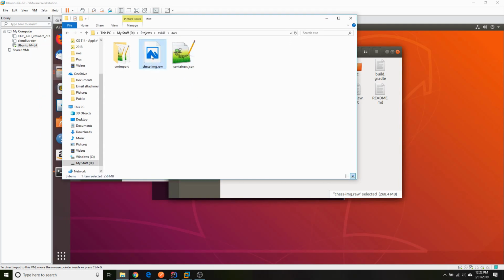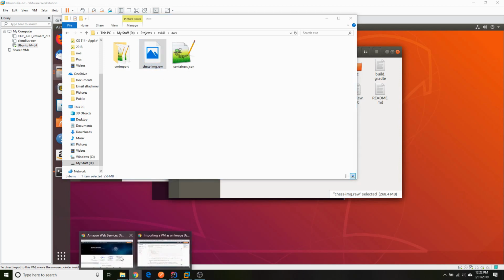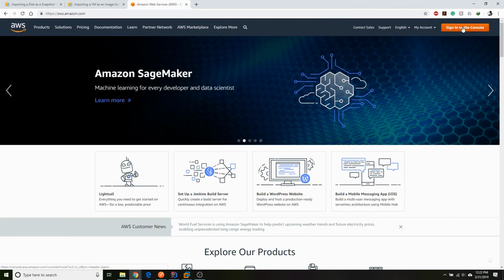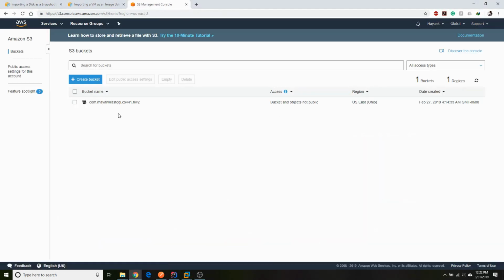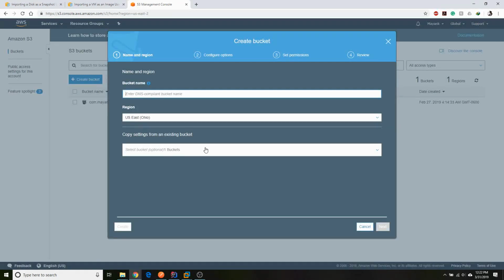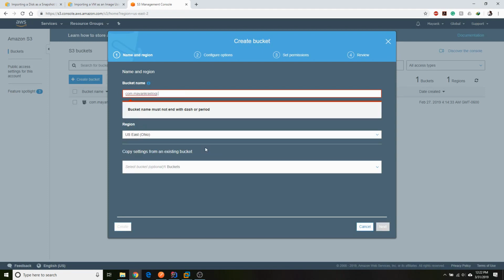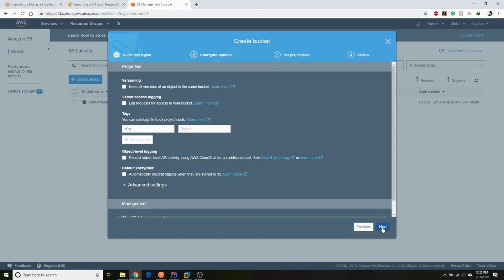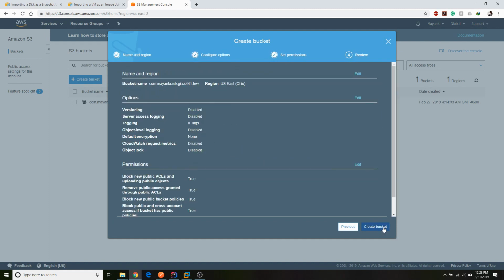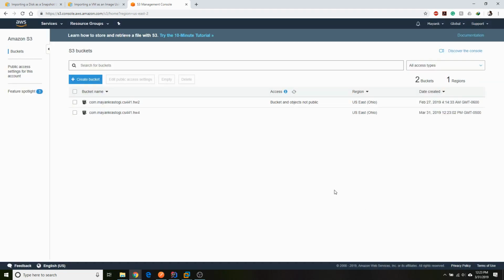Now I need to copy this image into my S3 bucket. So I'll go to my browser and I'll log into my AWS console, and I'll go to S3. Let's create a bucket, and I'll name it as com.mayankrastogi.cs441.homework4. Next, next, create bucket,